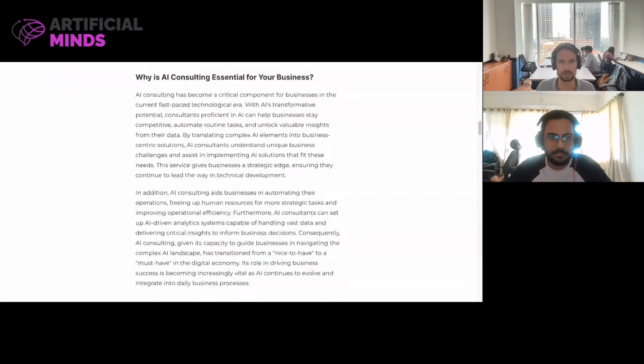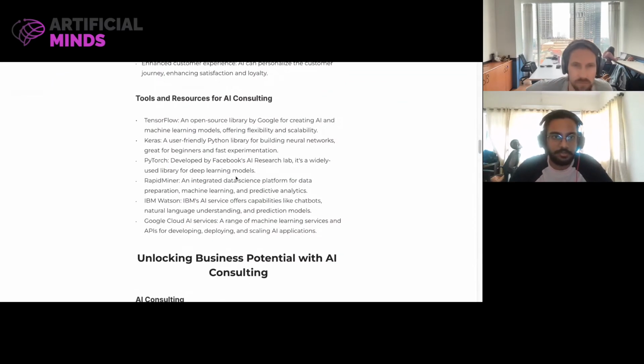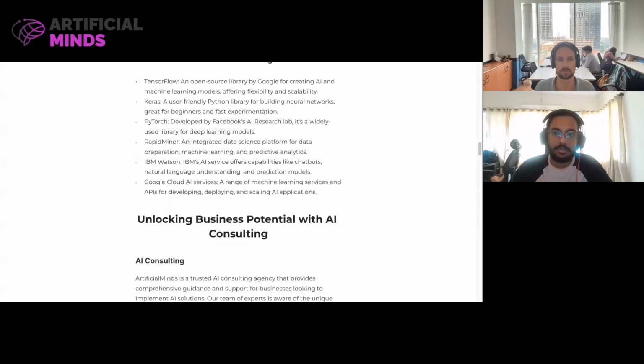And what are the common tools and resources that are relevant here? Well, there are a variety of tools and resources that you can use for AI services. For example, TensorFlow, Keras, PyTorch. And apart from this, there are also tools such as CNN, which uses techniques such as deep learning and convolutional neural networks. For face scanning purposes, you can also use tools such as OpenCV. So on the different aspects and spectrum of AI, different tools can be used.